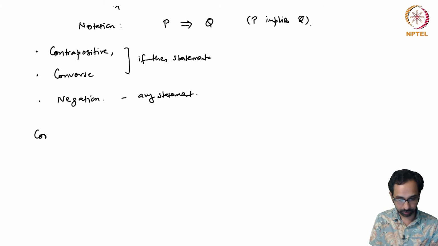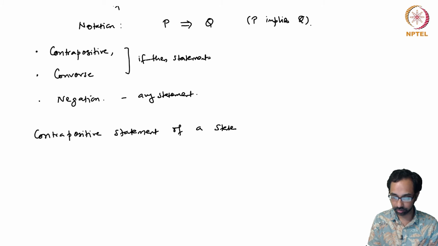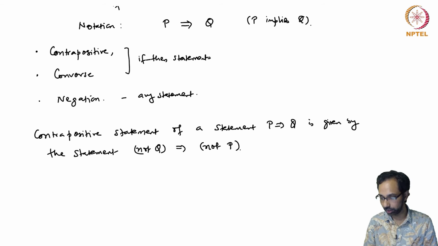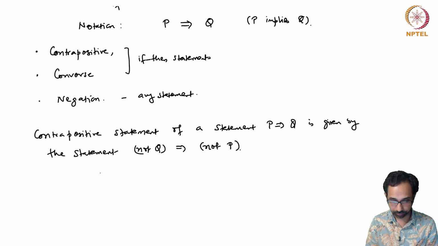The contrapositive of a statement P implies Q is given by the statement not Q implies not P, and by not Q I mean the negation of Q, and this is the negation here,